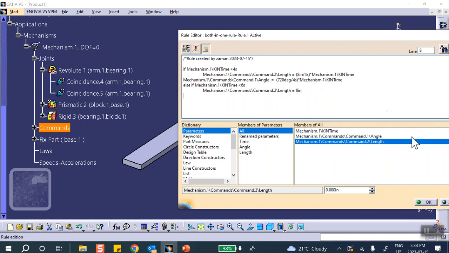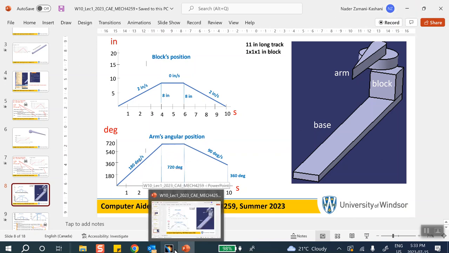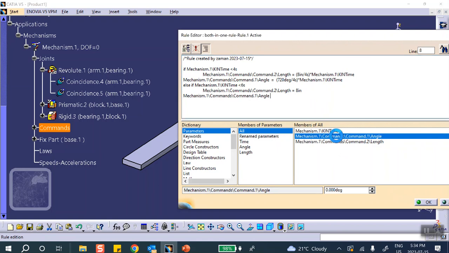enter, and the angle is going to be, what was it? The angle is going to be 720, right? Okay, yep. So we go 720, 8 inches, and the angle, enter, here's the angle, equal to 720 DEG. Enter. Else,